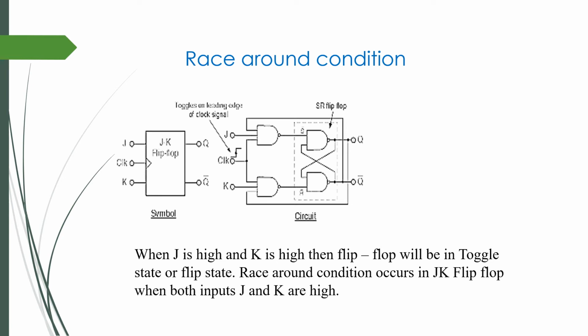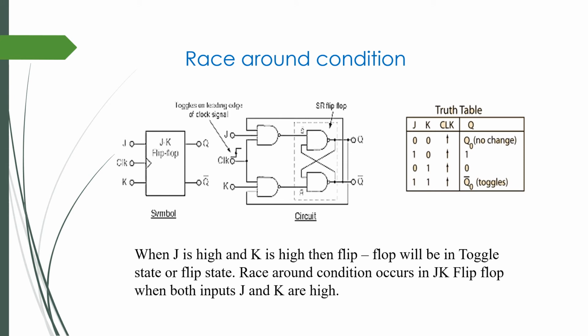As soon as clock is applied, its output will change to 1 in time interval delta t, which is known as propagation delay. Now, the input to JK flip-flop is J is equal to K is equal to 1 and Q is equal to 1. The feedback will change the output to Q is equal to 0 in another time delta t. In this way, the output of flip-flop will oscillate after every time delay, which is delta t. This is known as race around condition.